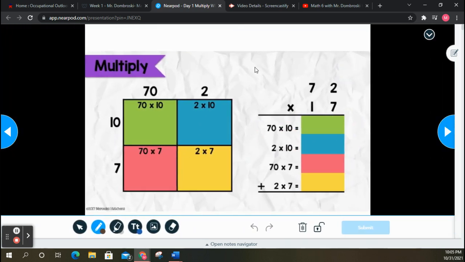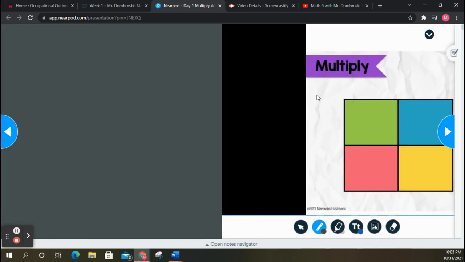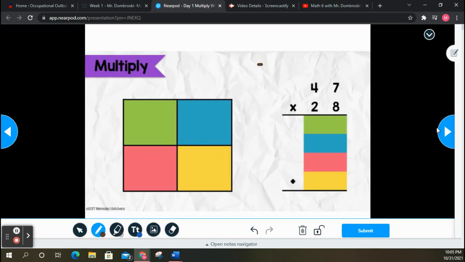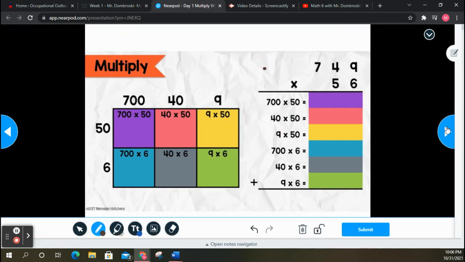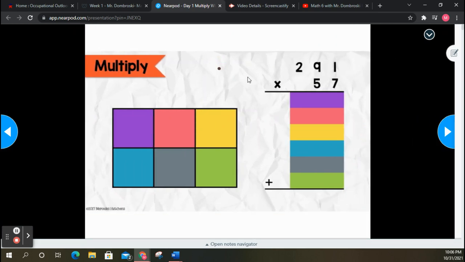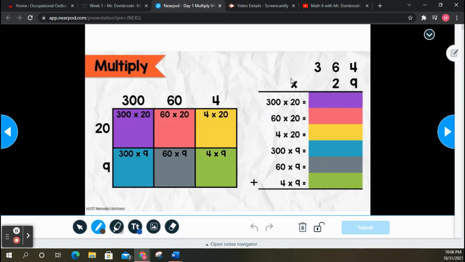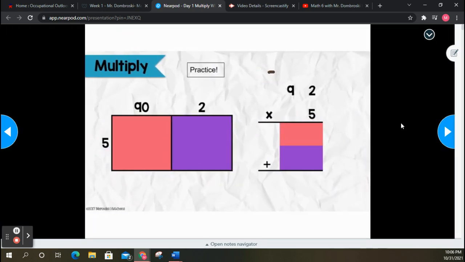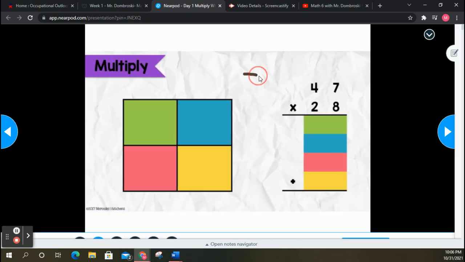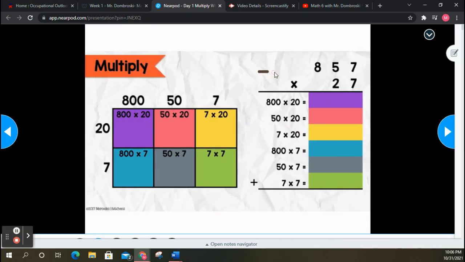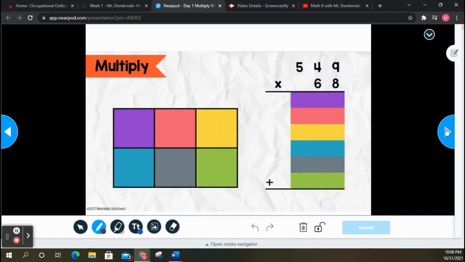I'm only going to mark a line here because I'm not going to do all these problems for you. You're going to be solving these as you go. There's going to be a variety of problems for each day's lessons. Again, you're starting here with whole numbers, and then you're going to move on in subsequent days to decimals. So there's going to be plenty of practice for you each day with problems that you'll need to solve. Work your way through these, and as you complete them and submit your answers, you'll progress through the lessons each